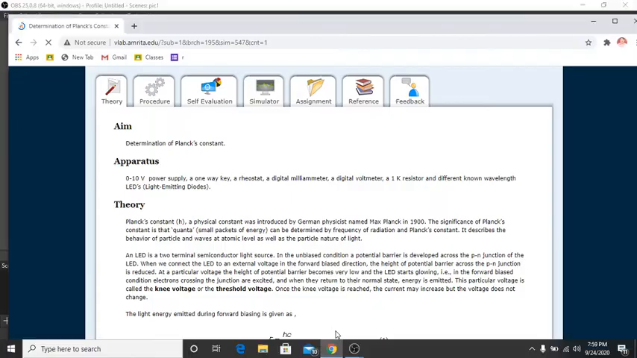Hello friends, I would like to give my ideas about the experiments, how this determination of Planck constant is done using the virtual lab. So there you have to go on a particular web page of Amrita University where this experiment is available, and